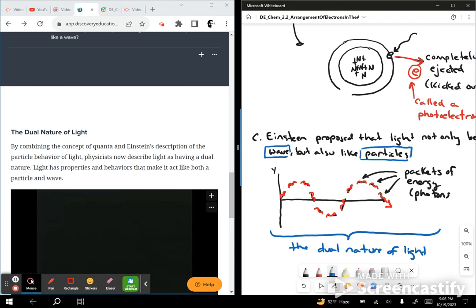By combining the concept of quanta and Einstein's description of the particle behavior of light, physicists now describe light as having, so here we go, physicists now describe light as having a dual nature. Light has properties and behaviors that make it act like both a particle and a wave. Okay,